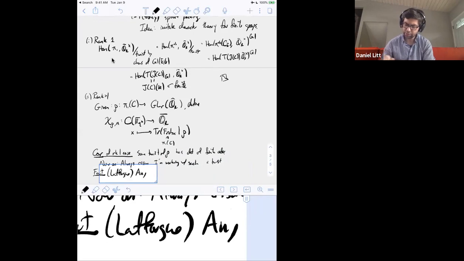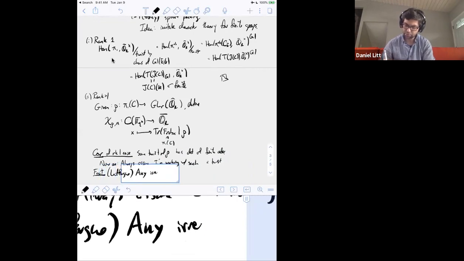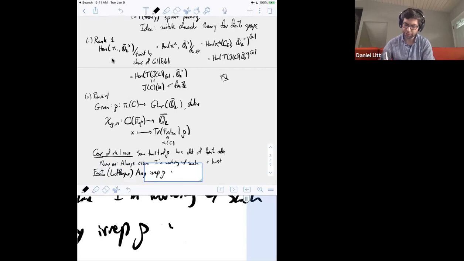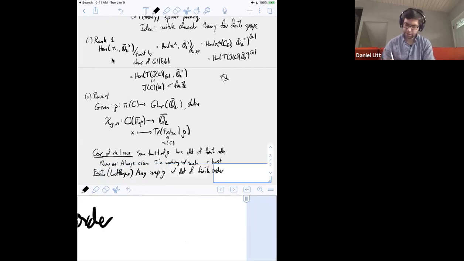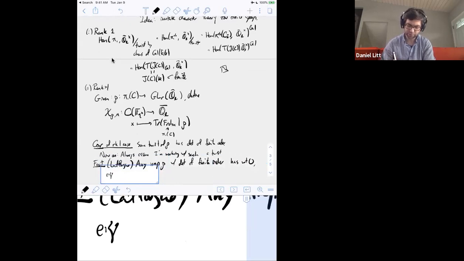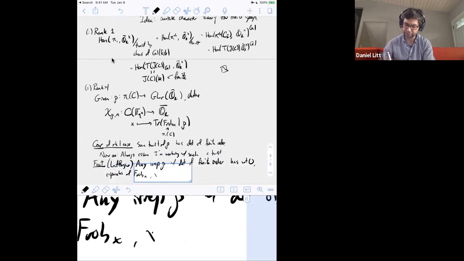So any irreducible ρ with determinant of finite order, so that just means the determinant has finite image, has weight 0. So what does that mean? So that means that the eigenvalues of Frob_x, so the Frobenii at these points x, for x in any F_q^n point of C,